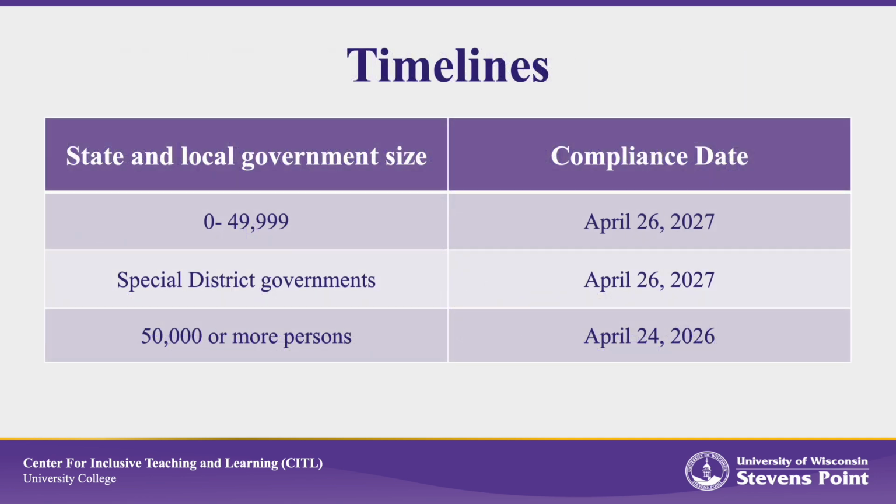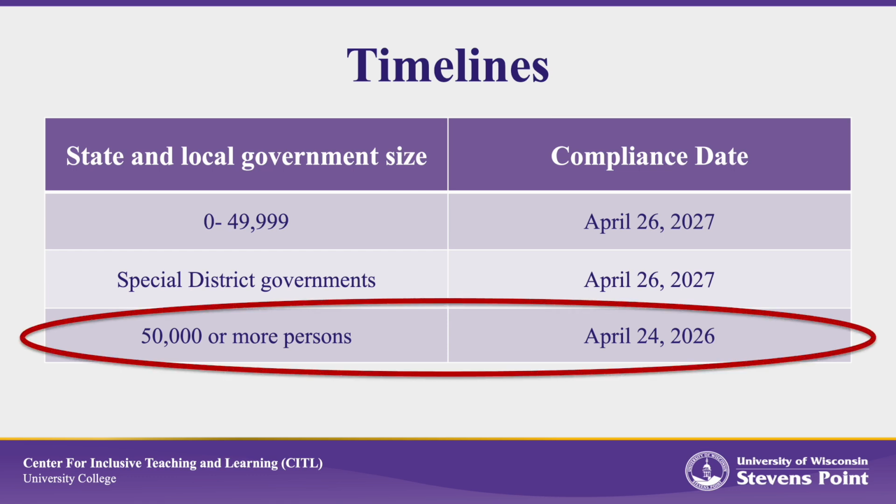And naturally, there are timelines associated with these changes. Because we are associated with a state government entity, the Universities of Wisconsin, our compliance deadline is April 24th, 2026. This obviously is a tight timeline for a pretty big project. So what happens if we miss the deadline? I don't like this question. In addition to being the law, making our course content accessible is the right thing to do for our students. But I get it. A lot of people like to weigh the obligation against the cost of not fulfilling it.